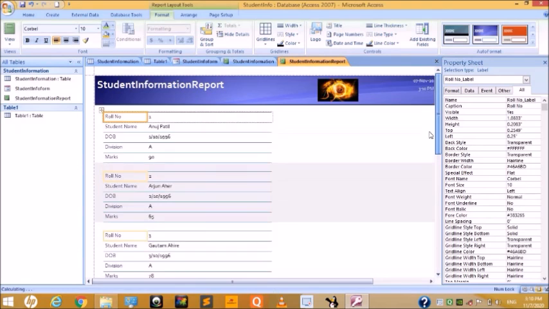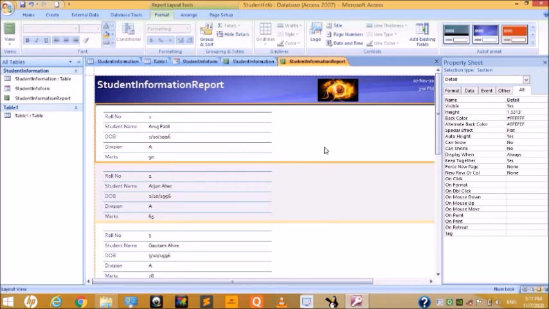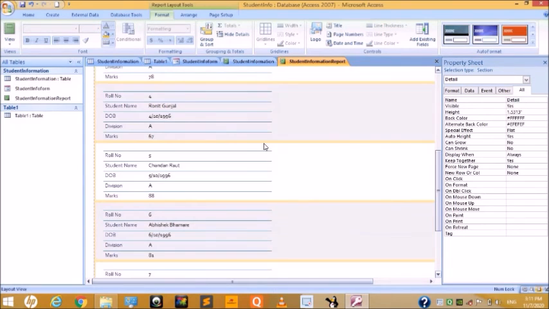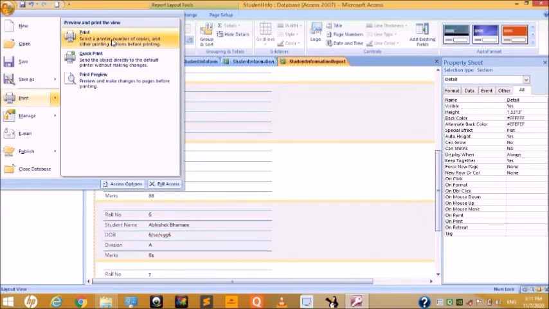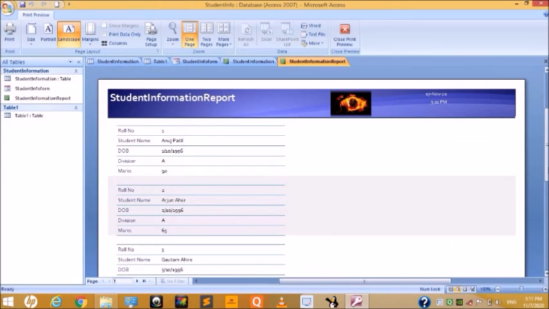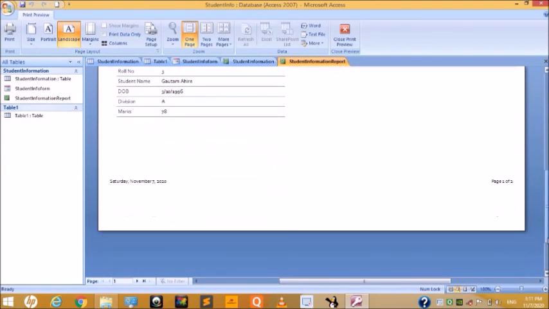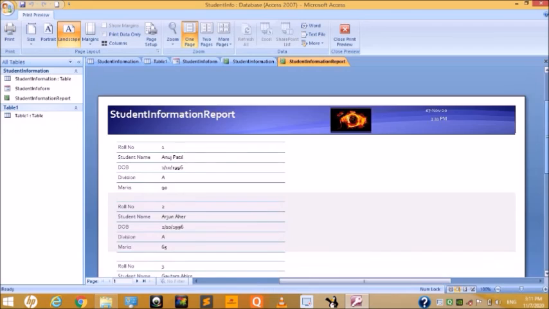And when this whole data is formed, lastly we can also print this data like in this way. Click on the file option, here the print, click the print option, print view. Look at here, in this way your full report is viewed.